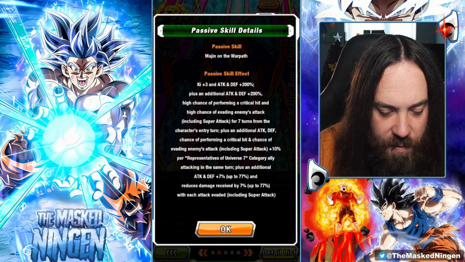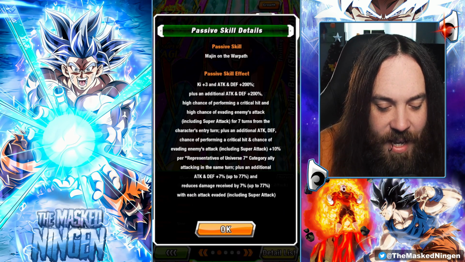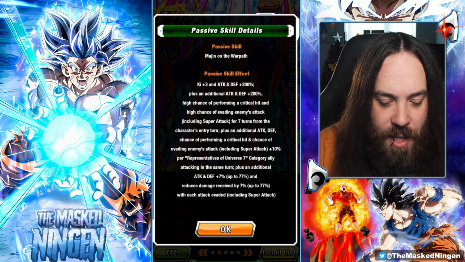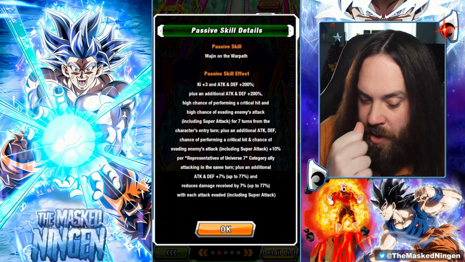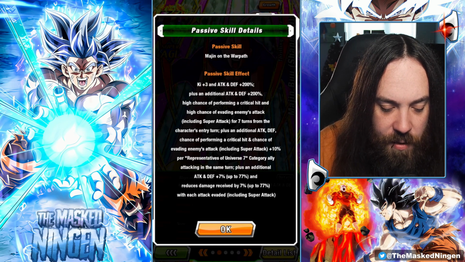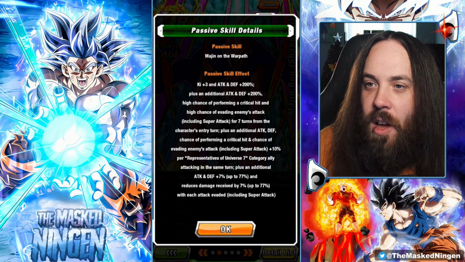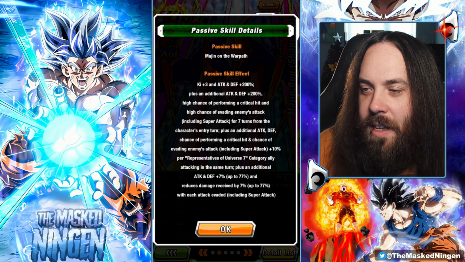Then what? It's 7%. No, it's 10% per ally. So an 80% chance to dodge and 80% chance to crit for the first 7 turns, which is pretty good. And then he gets an additional attack and defense 7% up to 77, and damage reduction 7% up to 77, with each attack evaded. So the idea, obviously, is that early on, when he has that really high evade chance,